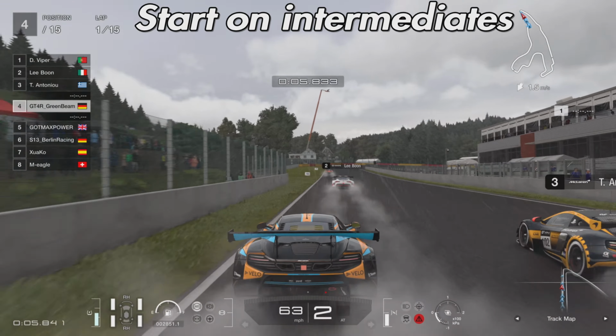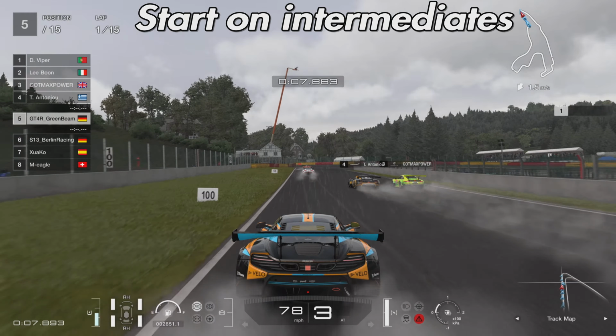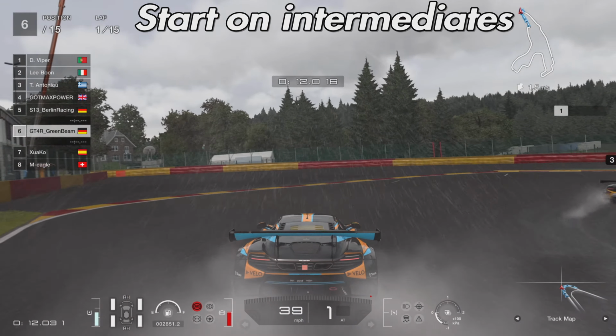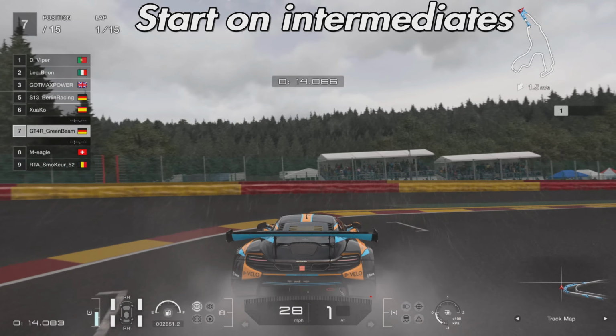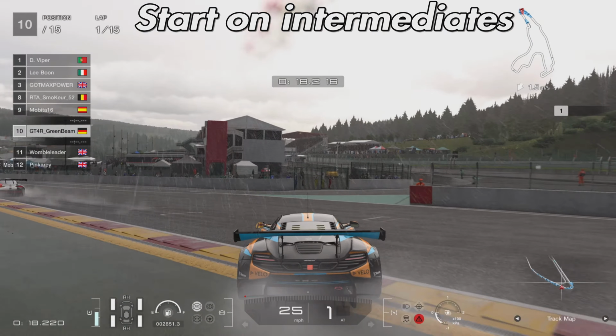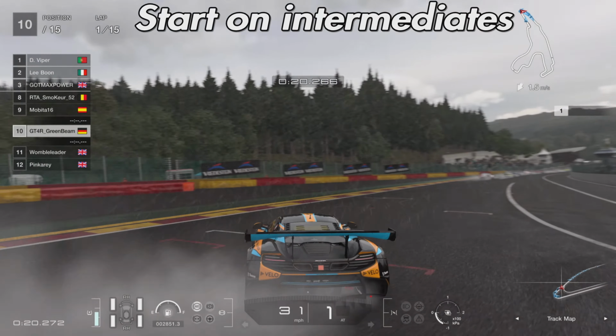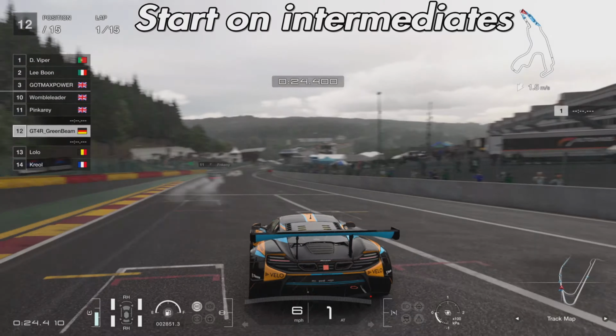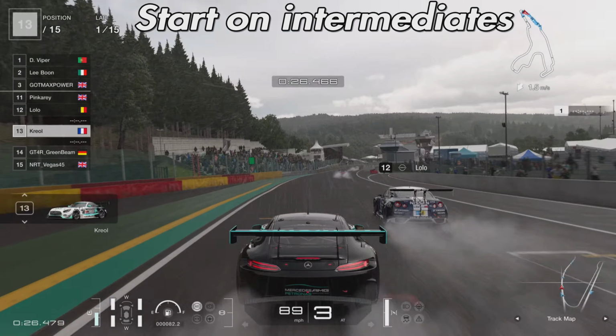So you can see they're on the hard tyre. They've got all the assists on possibly to try and help them get through this part of the race. They valiantly get down into La Source before going wide on the AstroTurf. They hit the throttle and inevitably they are going to spin round. I mean, it did take them a little bit longer than I thought it would, but this definitely caught